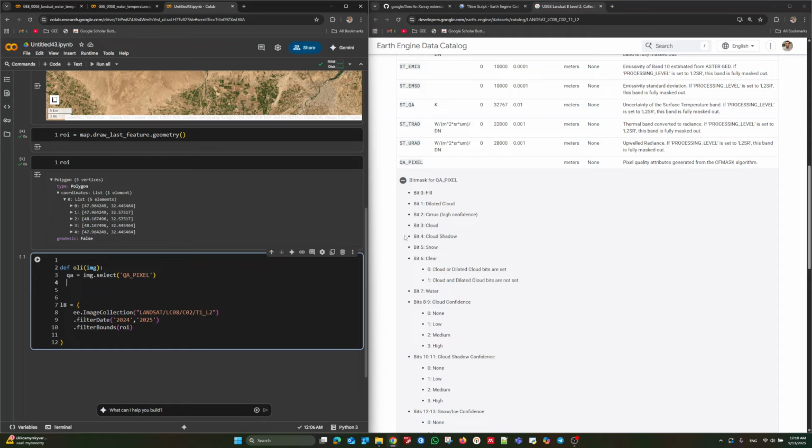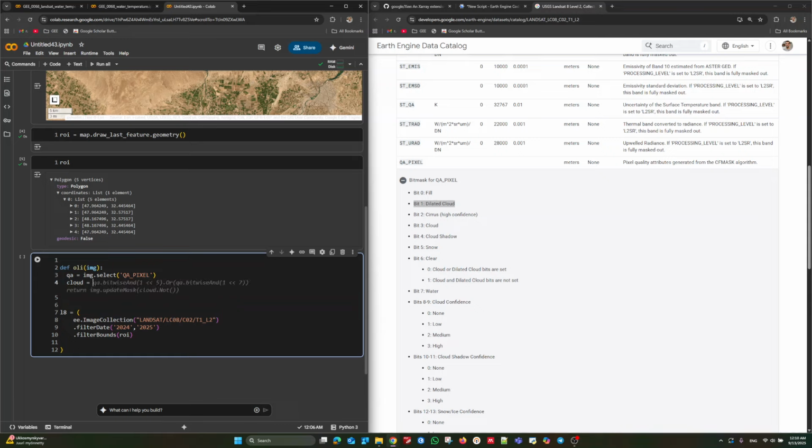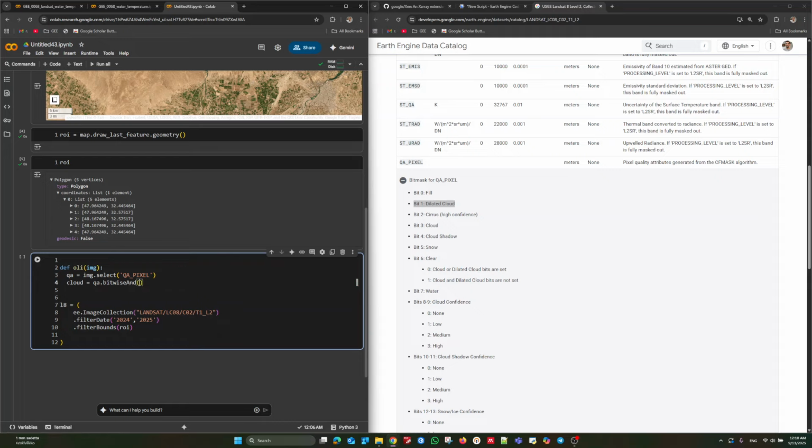For example, bit 1 is a kind of cloud. So cloud number 1 is set from the QA band using bitwise AND from 1